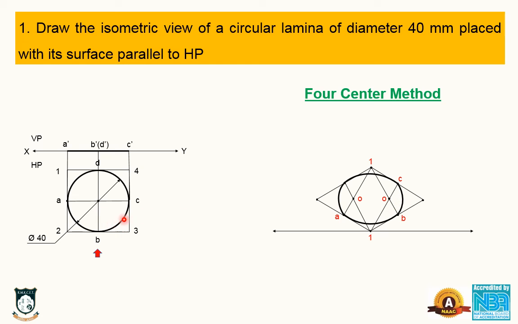See, this looks like a perfect circle, whereas the isometric view of the circle looks like an ellipse. You can see the difference between these two. Just make the angle 30 degrees like this. Erase the notation. Then you can write that all dimensions are in mm. In every drawing sheet, below you can write that all dimensions are in mm. So that's all about this video, and thanks for watching.